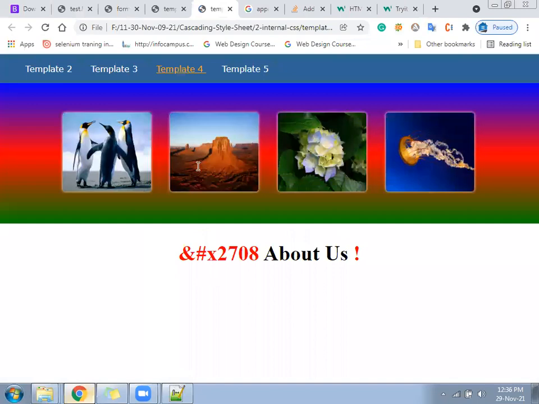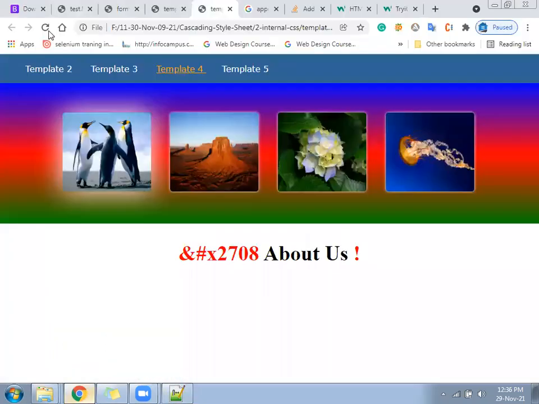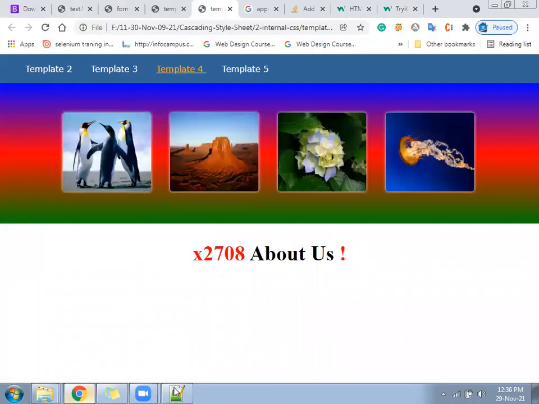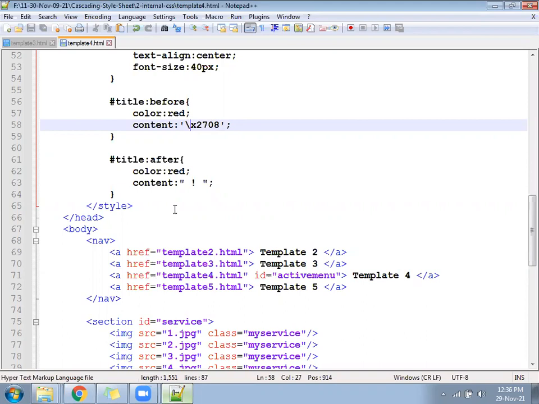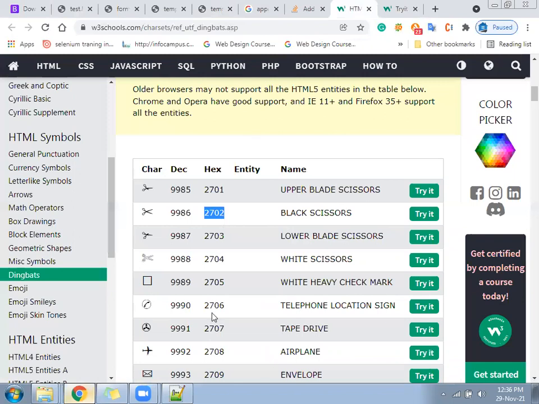Slash has not applied. Let me remove this too. Check like this directly. This is also not applied. So which number is that here? Say hexa.